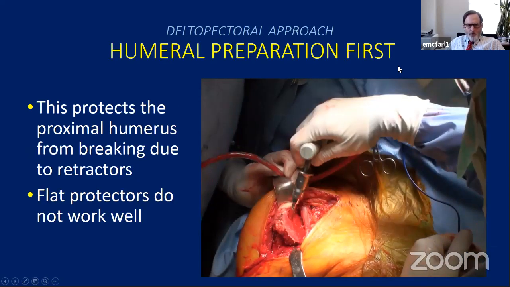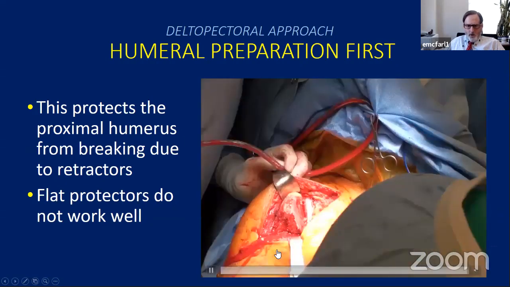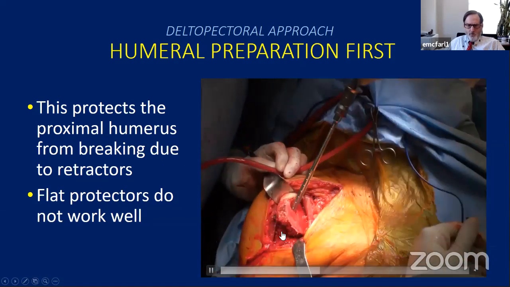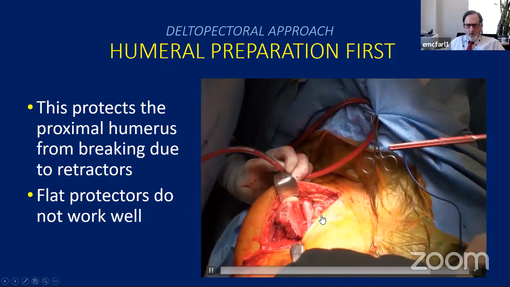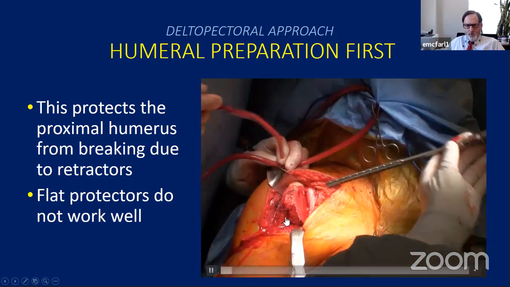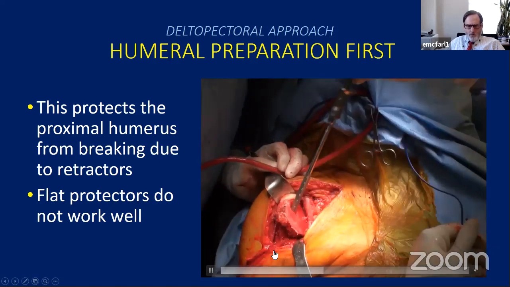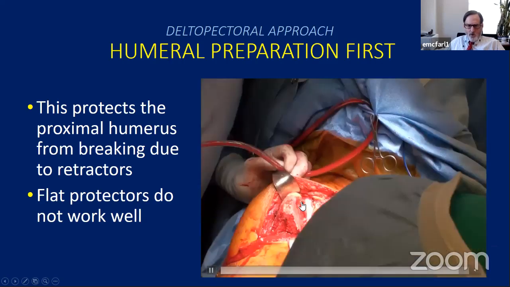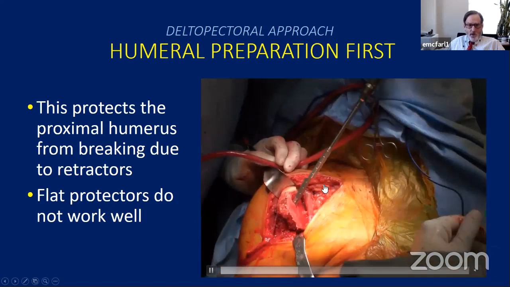So then we prep the humerus. The key thing when prepping the humerus is, if you notice, we bring the arm down into an adducted position down here, so that when we're not working in the shaft, we take the tension off the brachial plexus. This has helped us a lot prevent getting plexopathies. The other thing that's real critical is this thing needs to be able to go straight down the shaft. If you put it in at an angle, I haven't seen this happen much anymore, but earlier in my practice, people would stick the prosthesis out the lateral side of the humerus. That's a bad thing. So you want to make sure that you can get a straight shot. And again, this has something to do with even positioning of the patient.